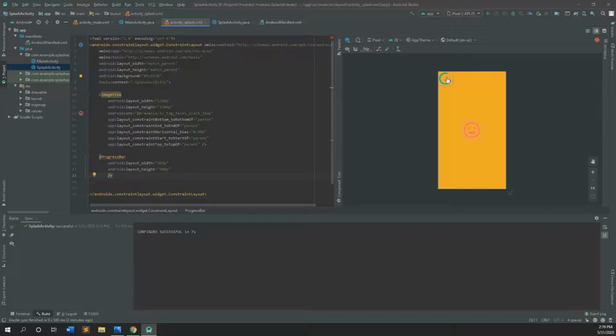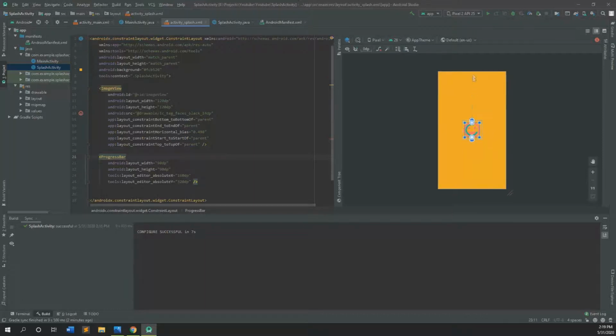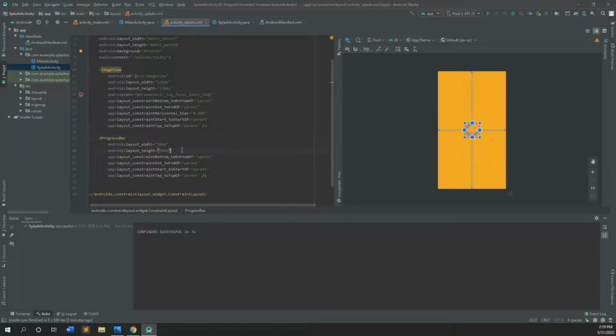But yeah, it should be center, and I want to change the color in the theme. The color is white. Okay,